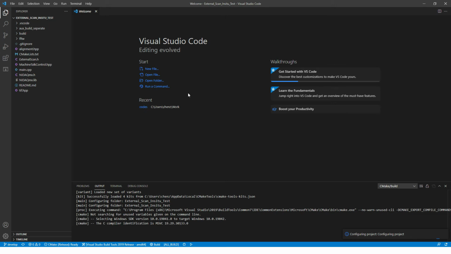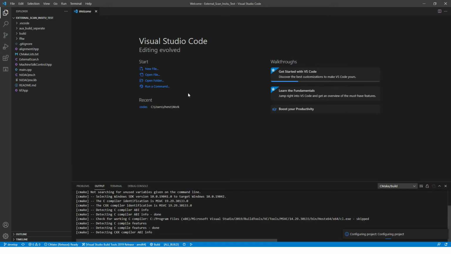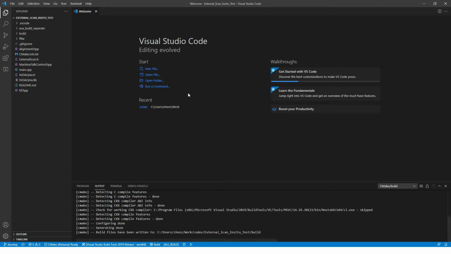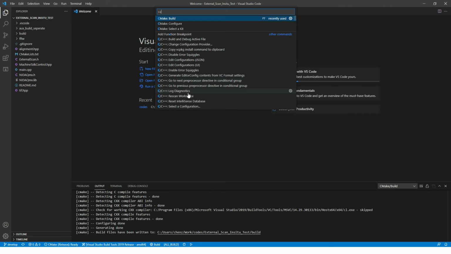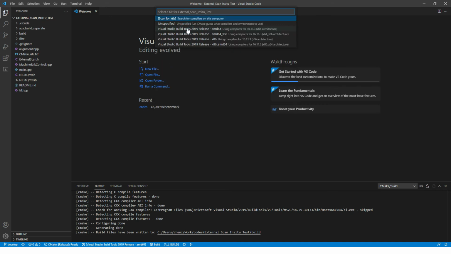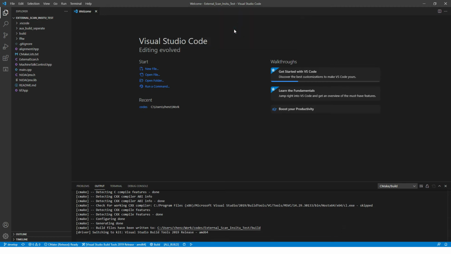Then we open the command palette by typing Ctrl-Shift-P and type CMake: Select a Kit. So we can select this Visual Studio Build Tools 2019 Release AMD64, this compiler.